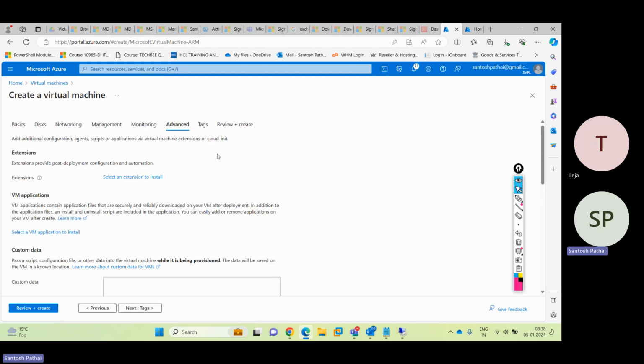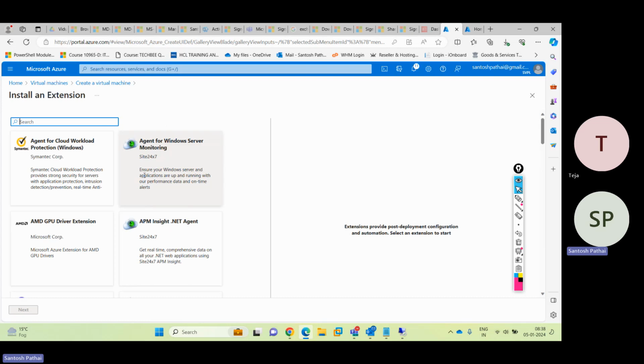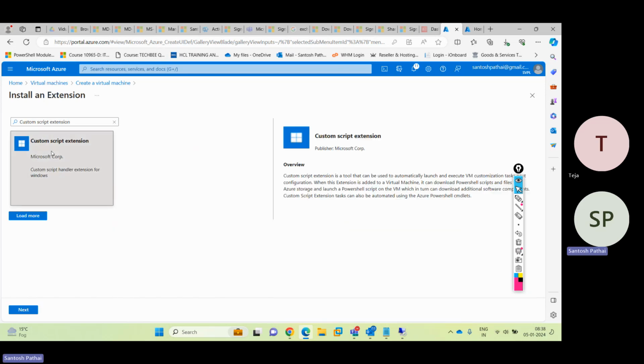Now we'll come to advanced. Here we have extensions. So we'll select a custom extension of installing a script. I'm going to search for the extension, custom script extension. We'll select the extension. Next,